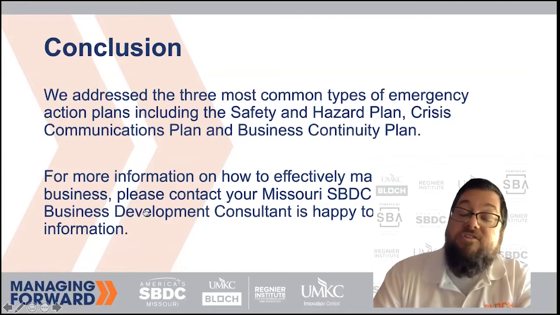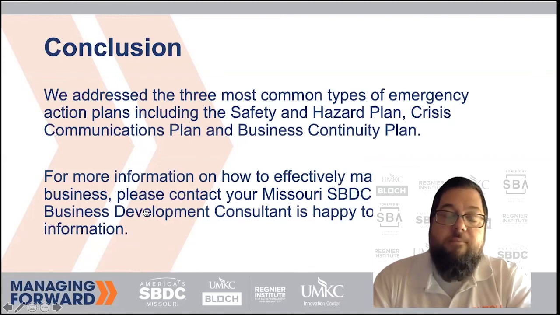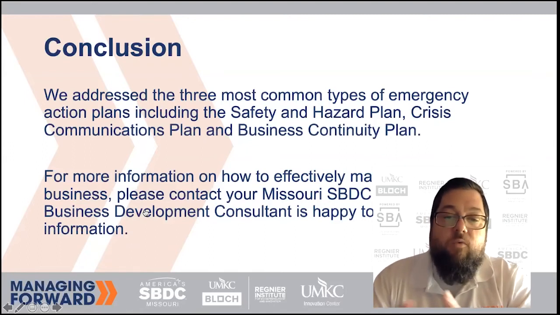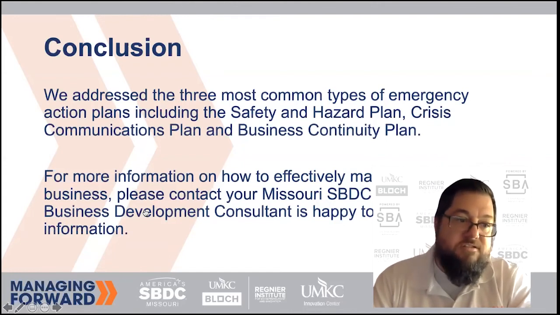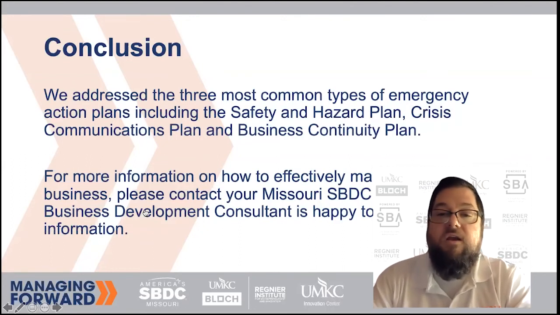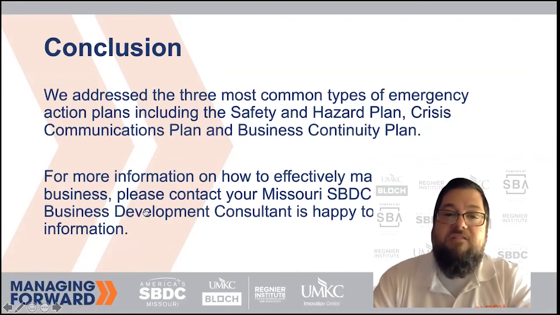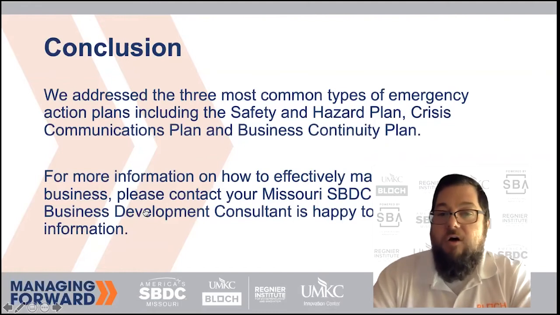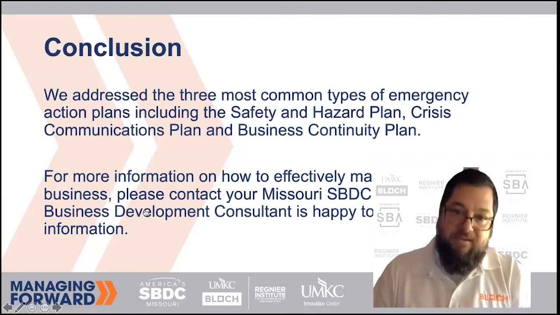But what I would suggest is starting with just a business continuity plan. You can start with any of these plans, but really think about what are the most likely risks to your business. Going back to that risk matrix, think about the likelihood of interruptions and the impact, and always consider that. When you formalize the worry around interruptions, you take it out of that reactive phase and put it into a proactive mindset. So really just ask the what-if question. What if this interruption occurred? How would I respond? How would I deal with it?